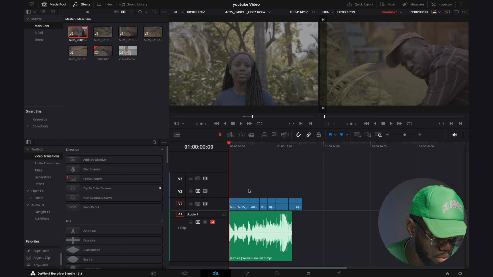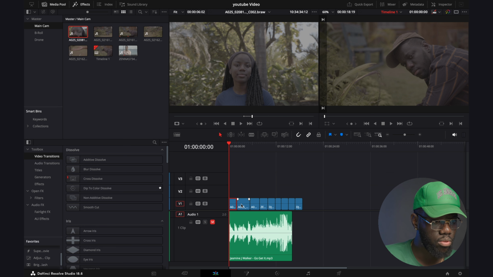So basically, these are the main tools that you'll be using throughout your editing process. There's a lot more tools to learn, but as I said, this is a basic demonstration. We don't need to know everything right now. These tools that I'm showing you right now are all you need to complete your project. All right, so